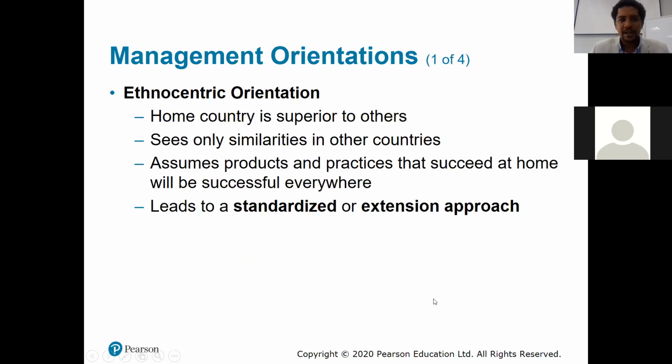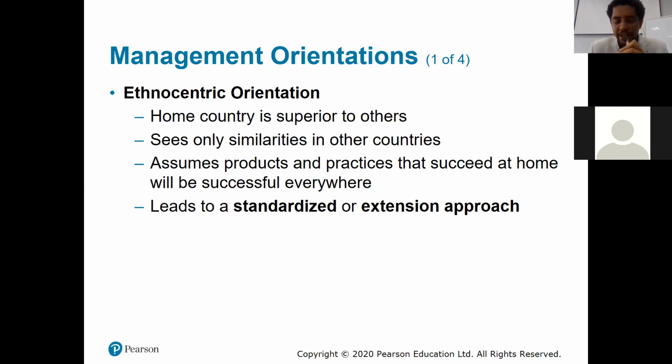Okay, and let's talk about this market orientation. So as I've said, we have about 4 types of market orientation. We have the ethnocentric orientation. So this is ethnocentric, we have said, is a single country marketing. Okay, we have said we move from ethnocentric to geocentric when we go from single country market to global market, right?